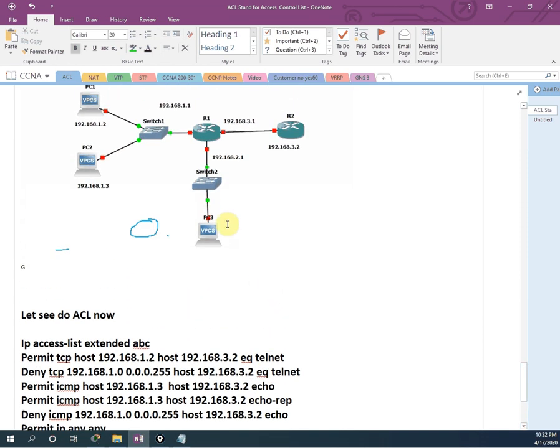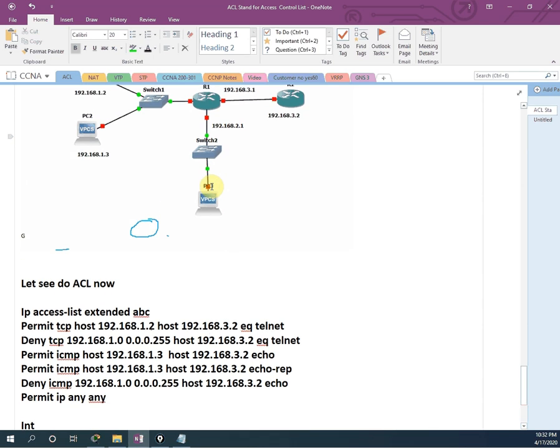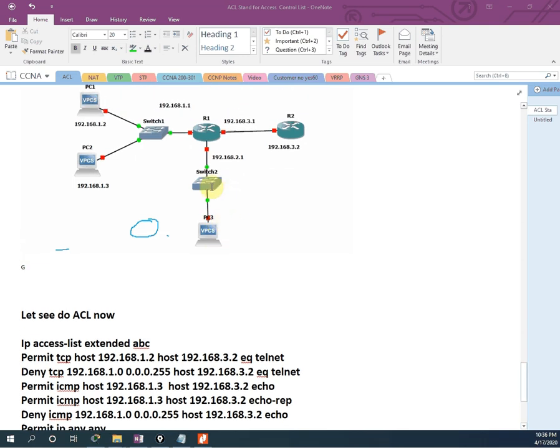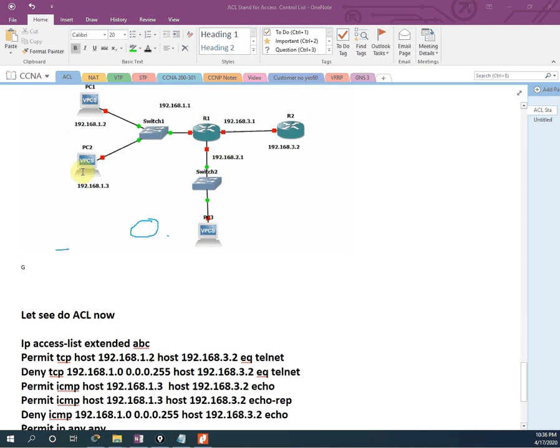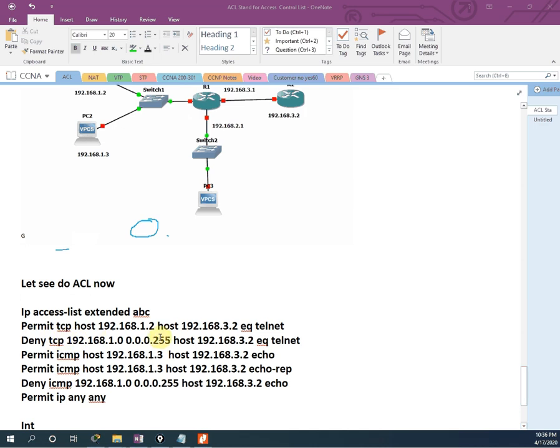Now I can write two more commands. Let me show you. If you see here, for this network we did not write an ACL, so we need to write for this network also, 192.168.2.1. So I am denying telnet for this network. I will copy the same command, that is denying this one.